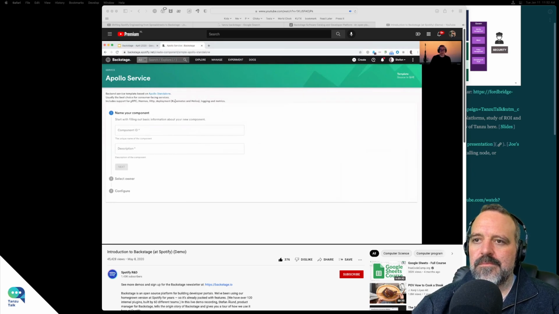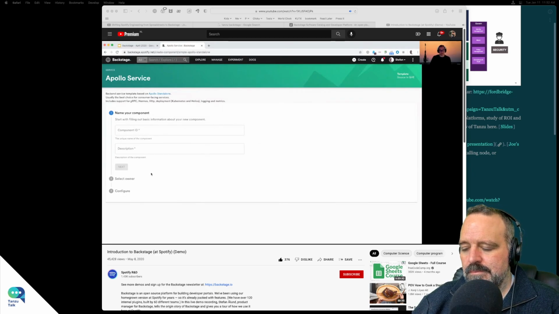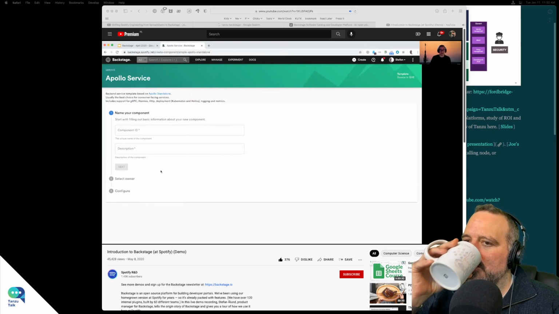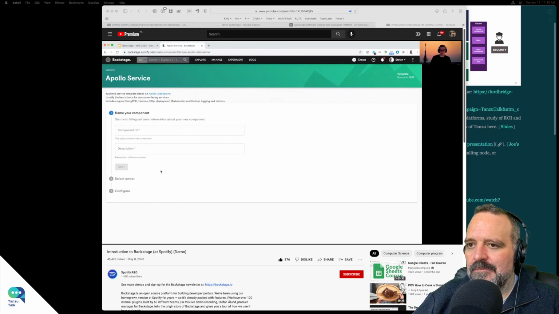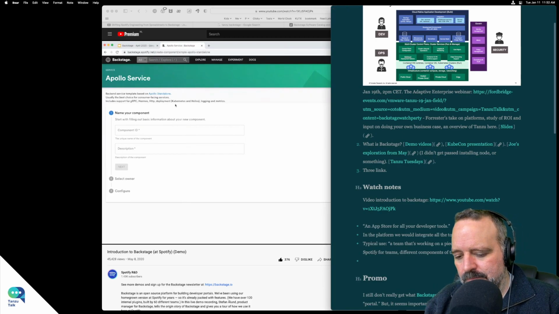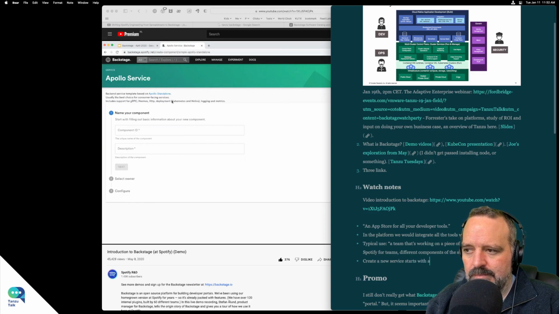So coming back to this, if I want to create one of those Apollo services, as we call them, and I follow this template or wizard, I pretty much get a running backend service that runs in production and has all the recommended practices built in. So I get CI hooked up. I get documentation. We use a docs-like-code approach where we have documentation close to the code. All that is set up for me. Logging, I get Kubernetes deployment files. Everything is all set up for me. So the only thing I need to do is go to the GitHub repository, pull down the code, and start coding. All the infrastructure has been abstracted away, and I don't really have to do anything about it.